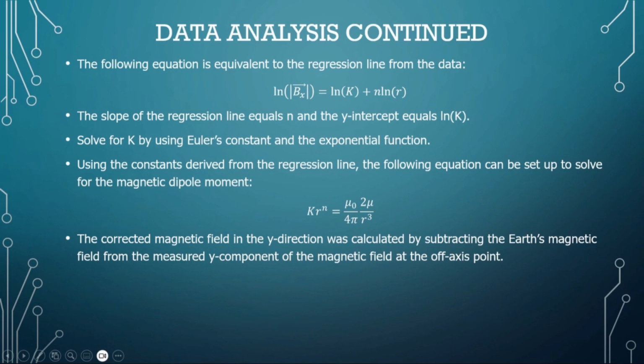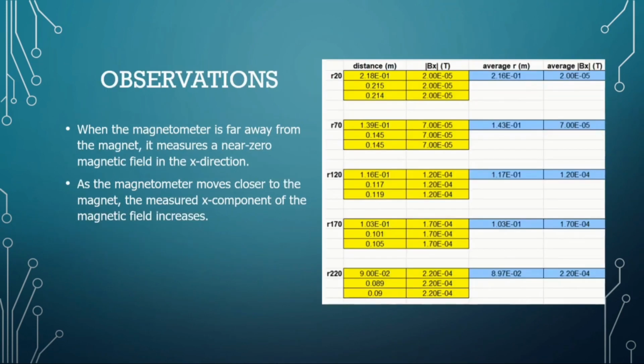The corrected magnetic field in the y direction was calculated by subtracting the Earth's magnetic field from the measured y component of the magnetic field at the off-axis point. The observations are that when the magnetometer is far away from the magnet, it measures a near zero magnetic field in the x direction, and then also as the magnetometer moves closer to the magnet, the measured x component of the